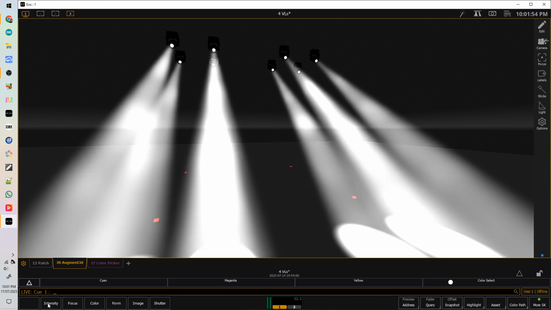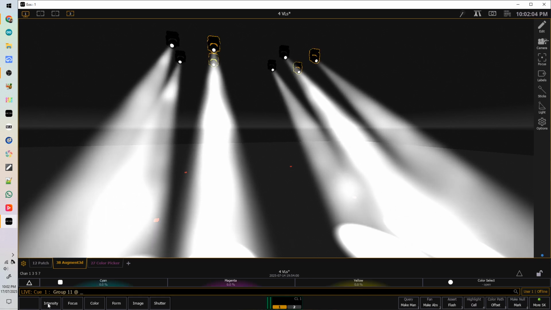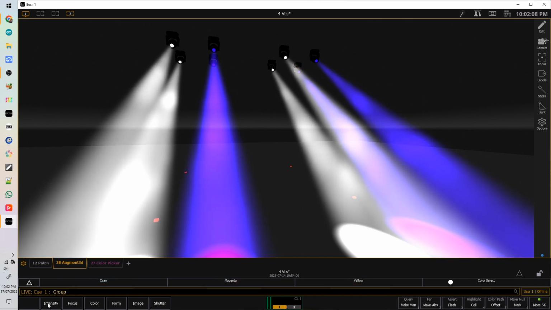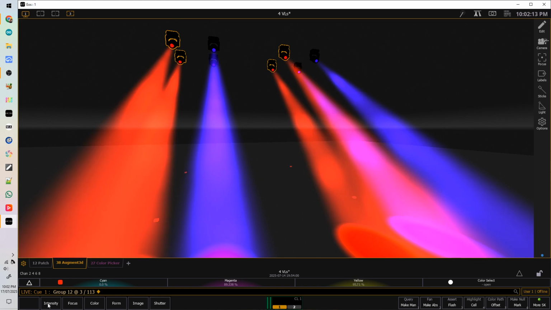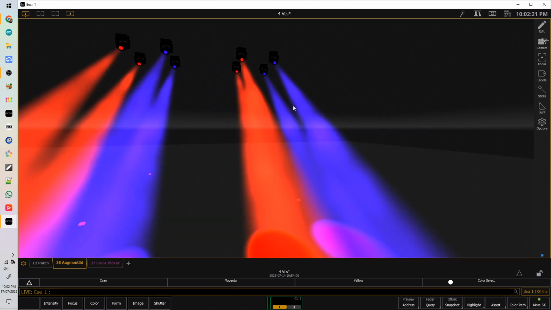Because you can just very quickly go, oh, I want a nice staggered look, and now I can just use these groups. So I can go group 11 at 3/120 and group 12 at 3/113. There we go. Fabulous. And now very quickly and efficiently I have just made this staggered